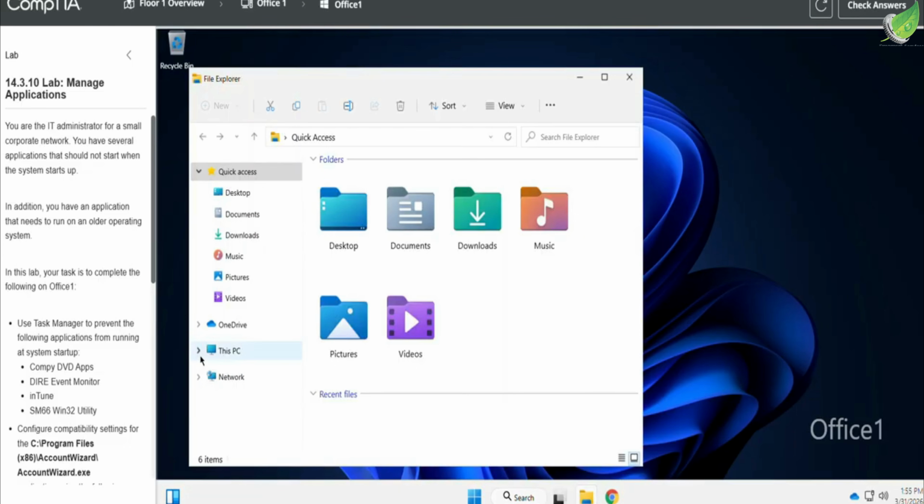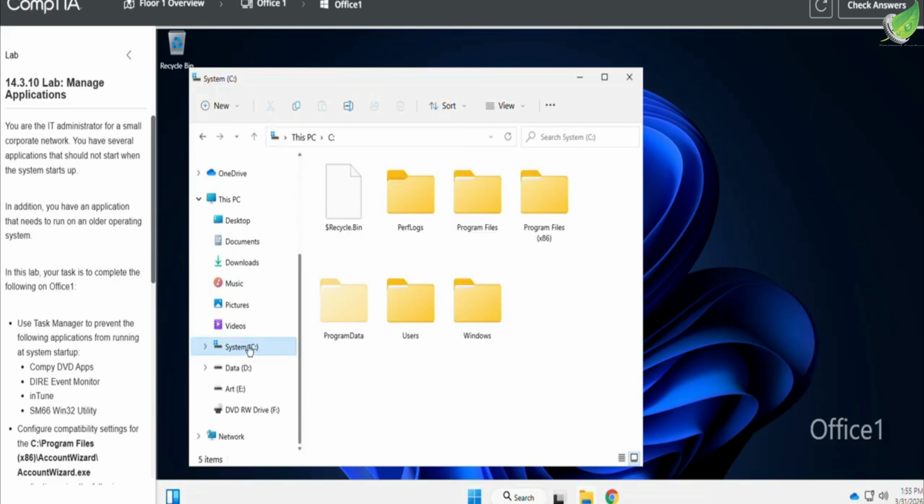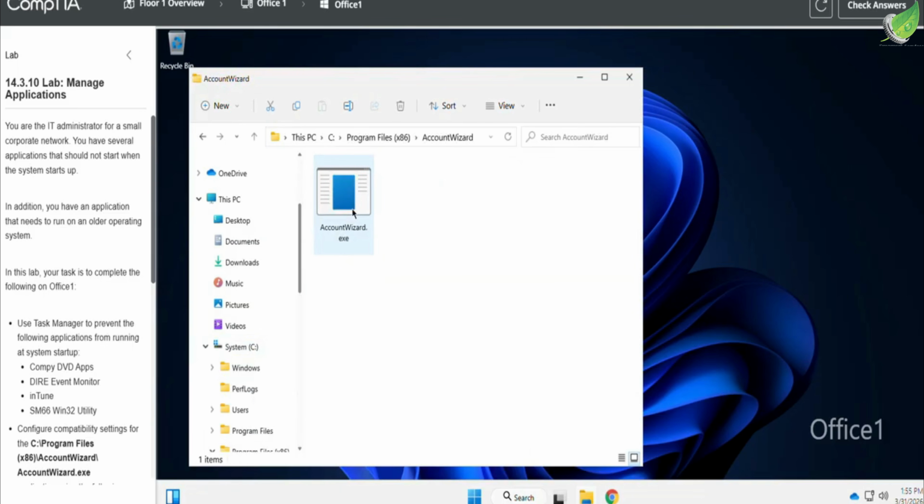Let's go to This PC and scroll down to C drive. In C drive, we want to locate Program Files (x86), and from there we want to locate Account Wizard and AccountWizard.exe. I want to go ahead and go to Properties